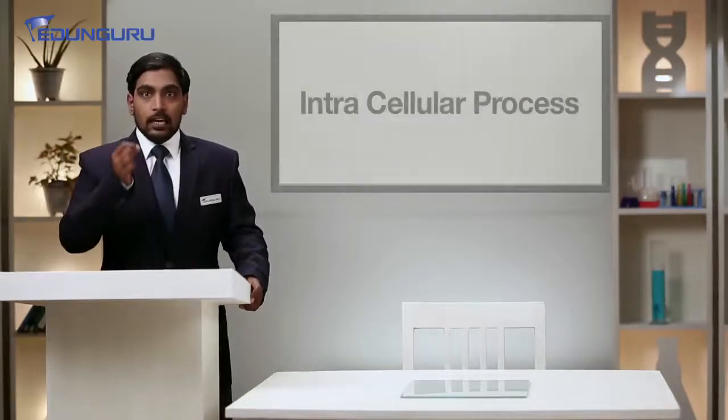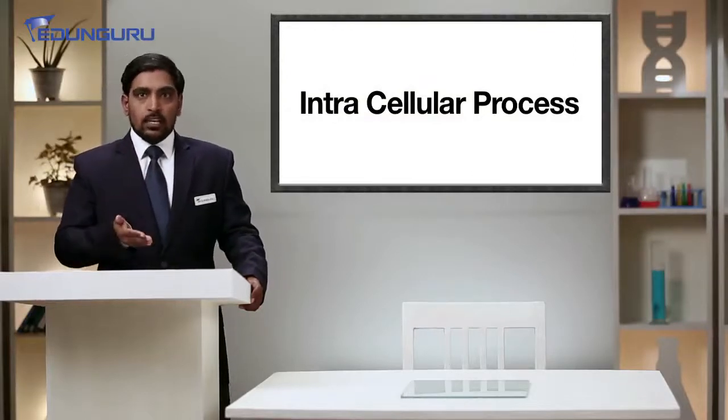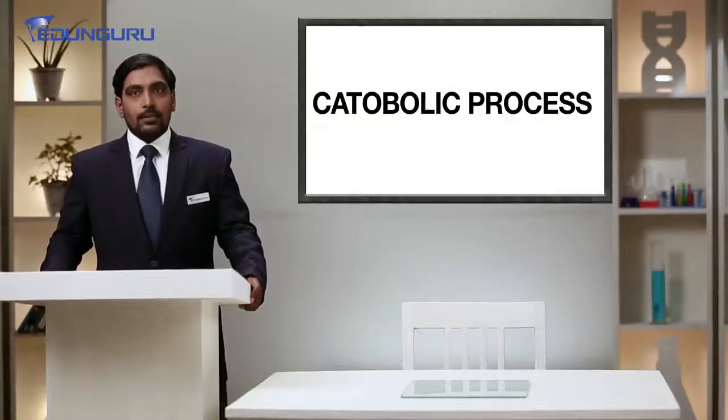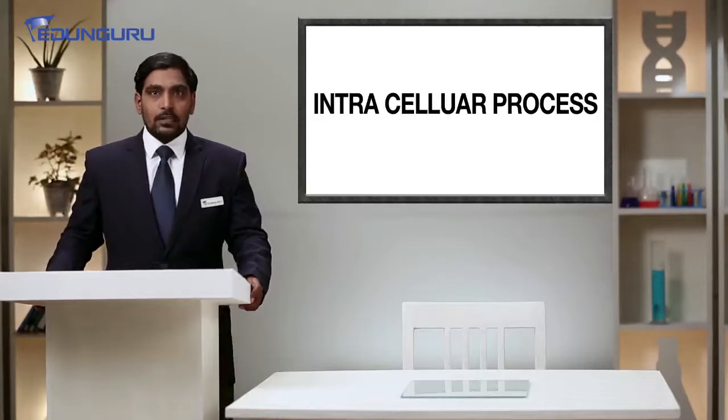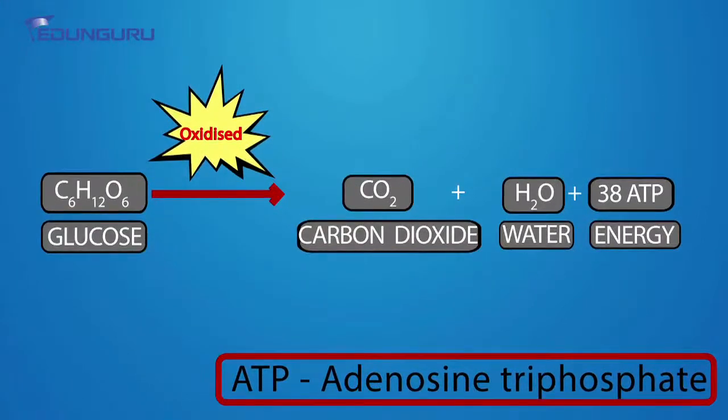This oxygen goes in the cell, so it means the reaction of respiration takes place in the cell. So I can say it is an intracellular process. Intra, within, cellular, cell. So respiration takes place inside the cell. We got three words now, catabolic, exergonic, intracellular process. So if I have to define complete respiration, how will I define? Respiration is defined as a catabolic, exergonic and intracellular process in which complex substances like glucose are oxidized and carbon dioxide and water are given out as a byproduct and energy in the form of 38 ATP.